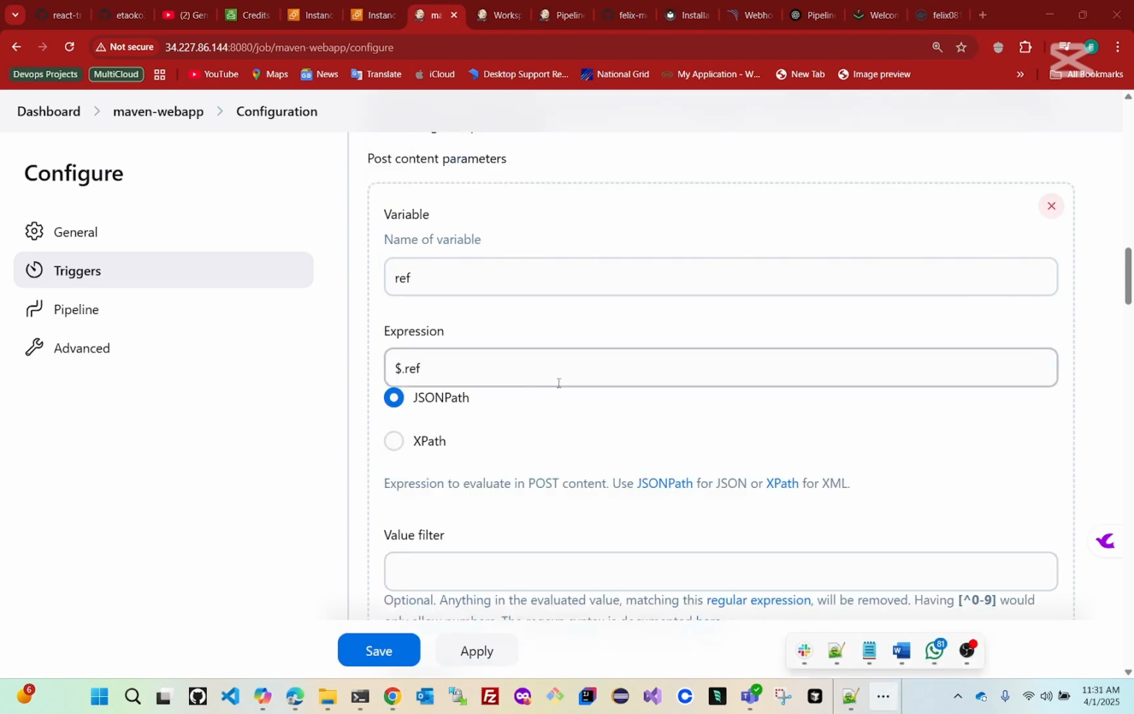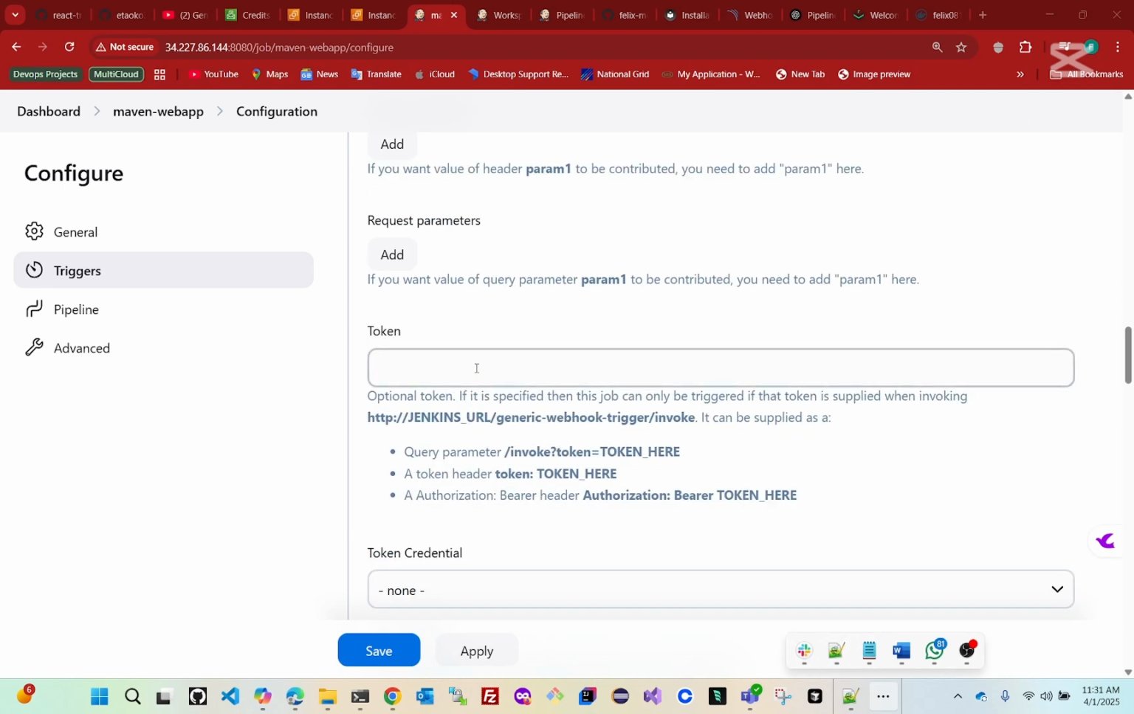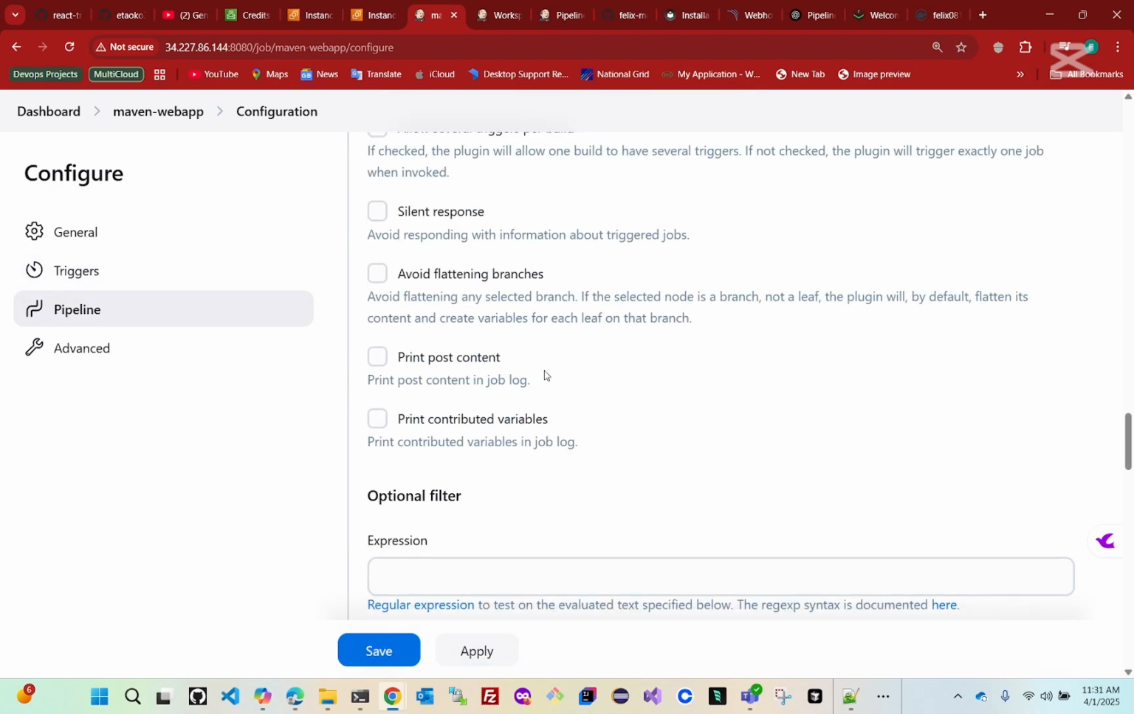So we will now go down to token. This token is any value of your own that you can select. In my own case, I'll just put suspend. You can put anything, okay? Suspend, that's what I'm going to put in there. That is a special name. That is my company name. Suspend, okay? And then you're going to scroll down to